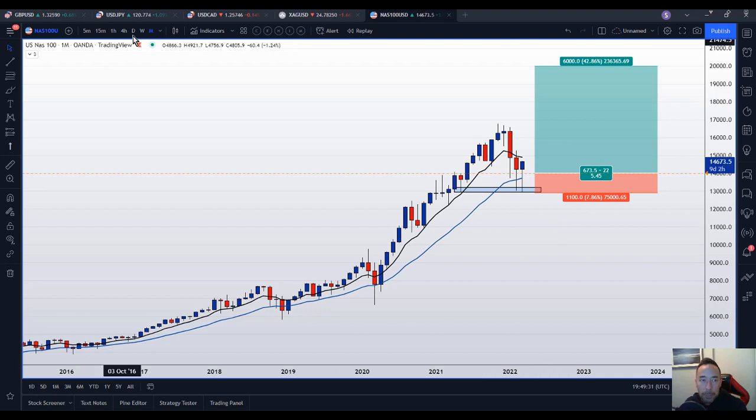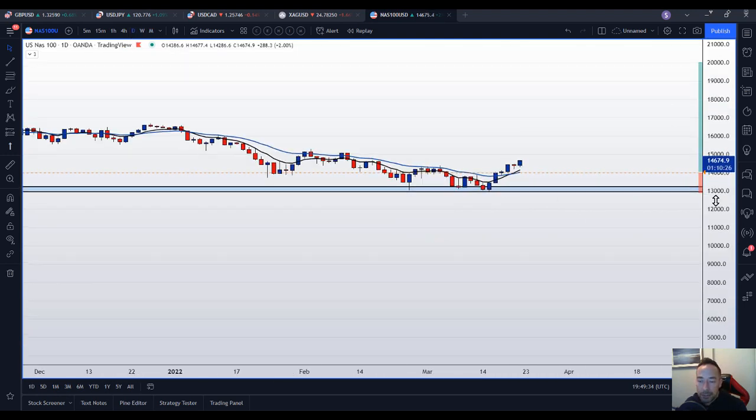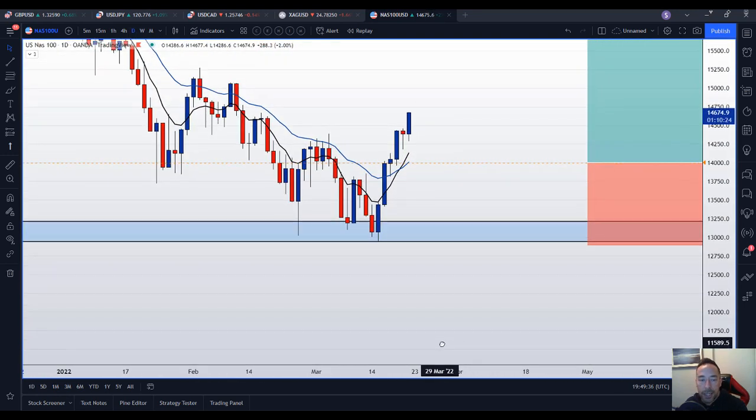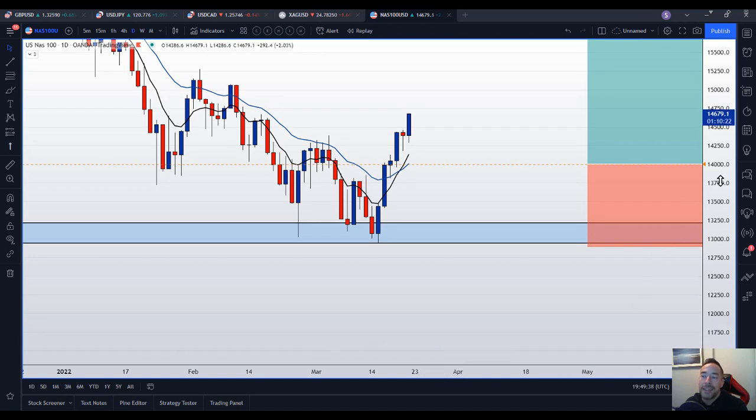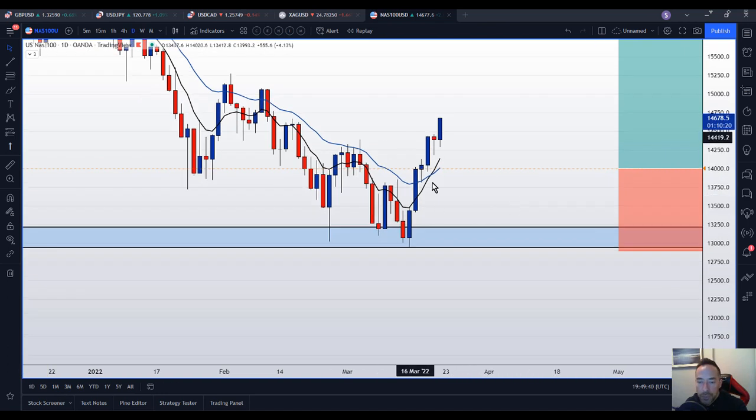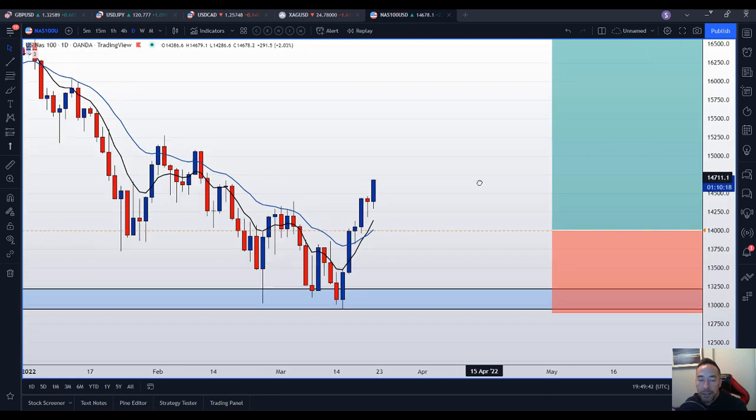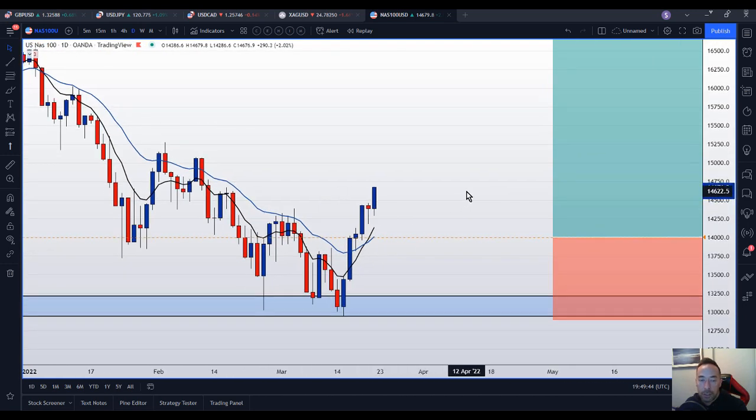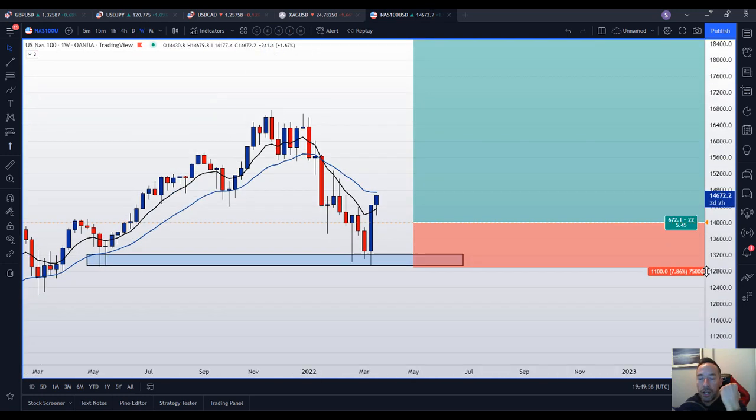So we've actually placed a buy limit, just looking for a cheeky little pullback around about that 14,000 big number, stops underneath the low, and this could be a long-term trade. So that is set, that is waiting, that is pending, and hopefully it's going to trigger for us. Hopefully it's going to come into this little zone and start to see buyers come in again. So there's a nice little free trade idea for you.